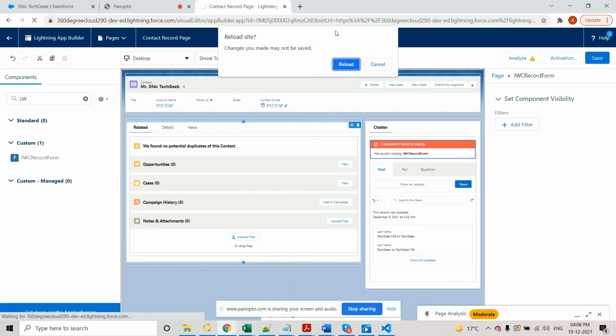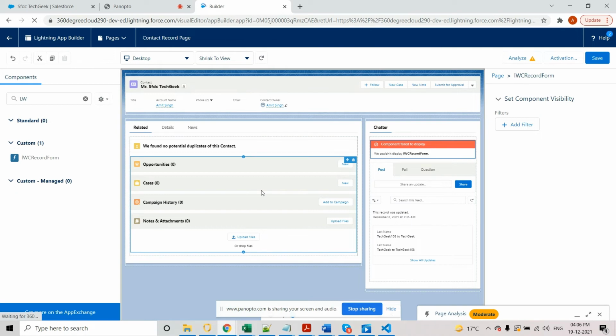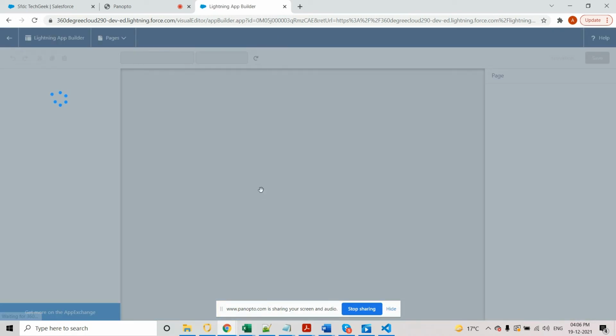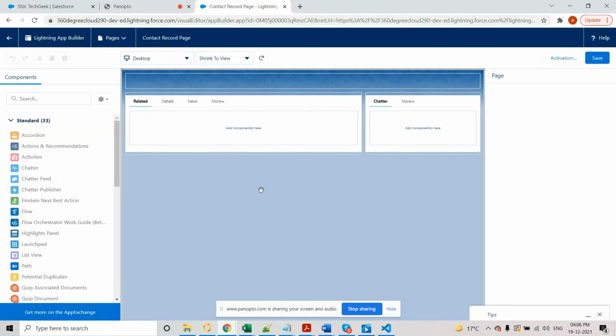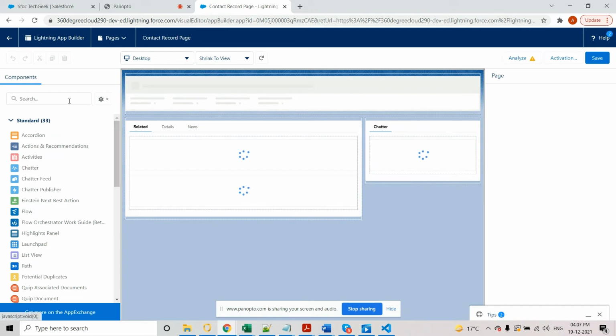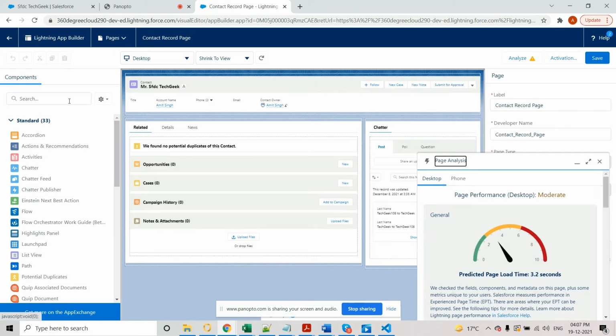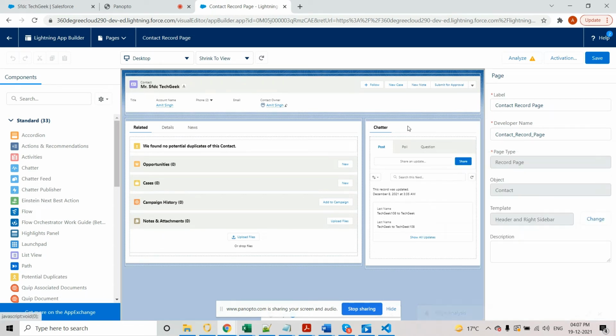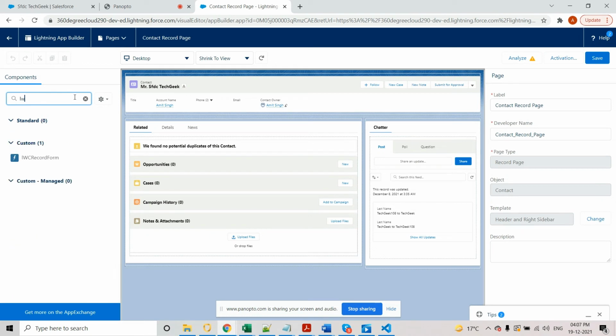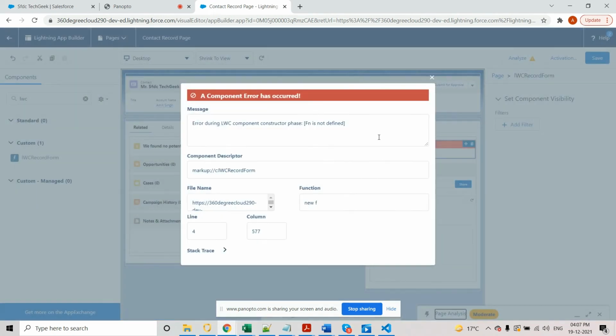Just refresh it, and again search our web component, which starts with LWC. Drag it to your section where you want to display this record.